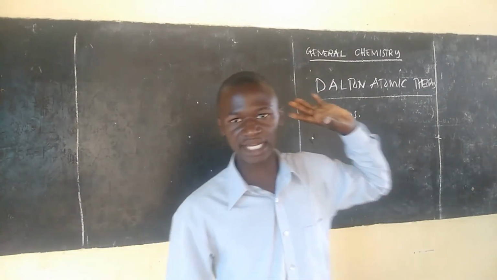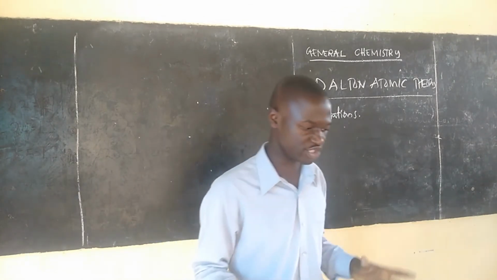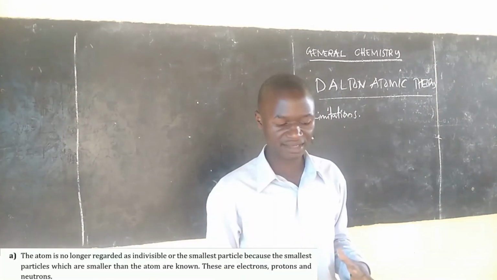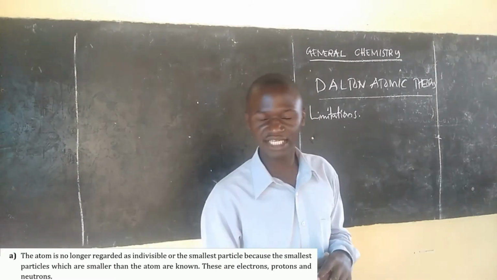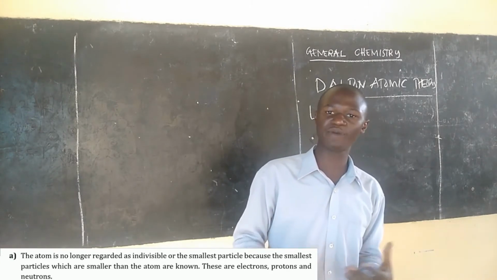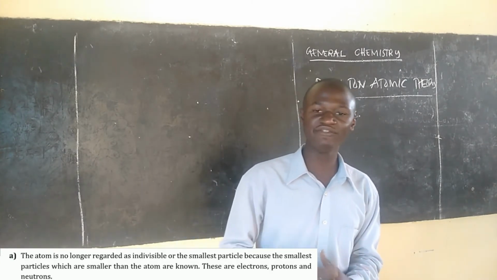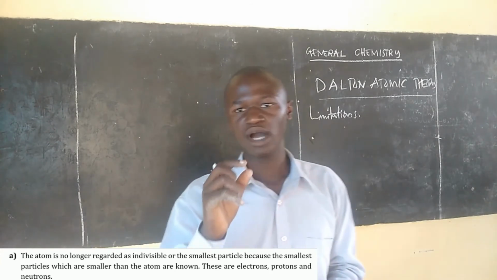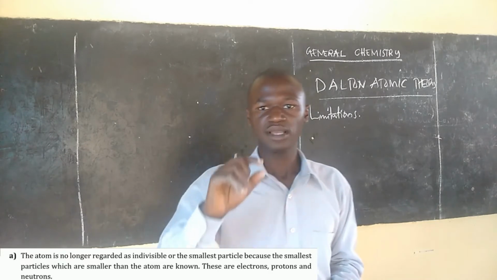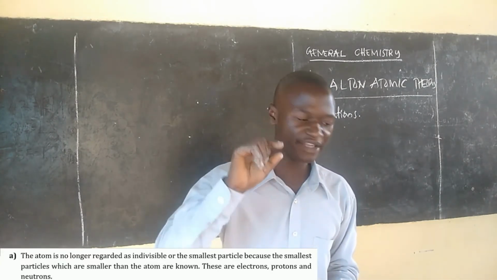So, first idea of Dalton's atomic theory, tulikuwa nasema kwamba an atom kama atom, it is indivisible. Yeye alisema kwamba atom it is indivisible. Matter are made up of the smallest indivisible particles called atoms. Indivisible. I told you kwamba indivisible ndio neno ambalo la kushika sana. Kwa nini? It is because pale ndipo ambapo Dalton alikosea kusema indivisible.